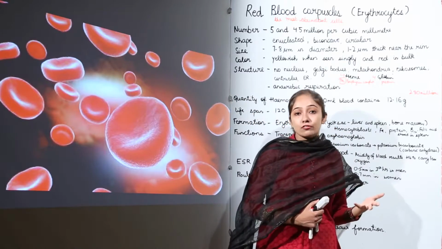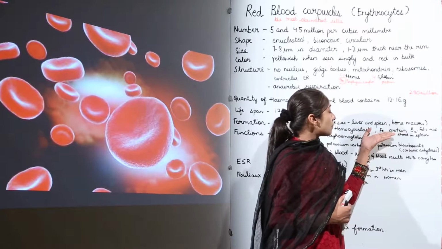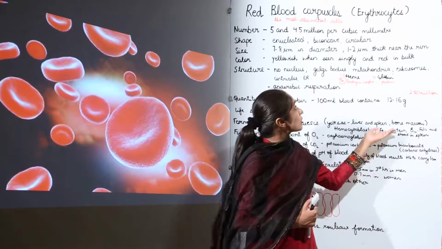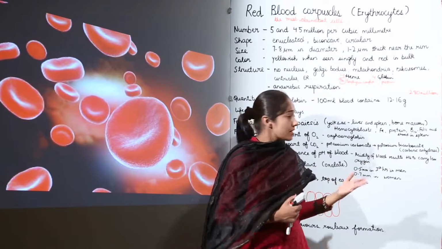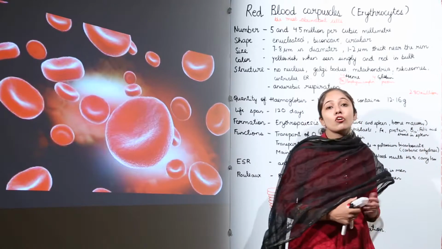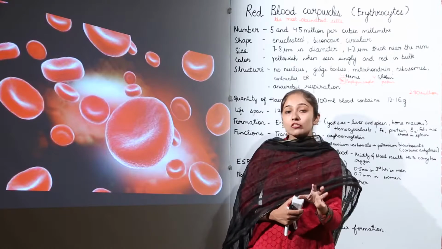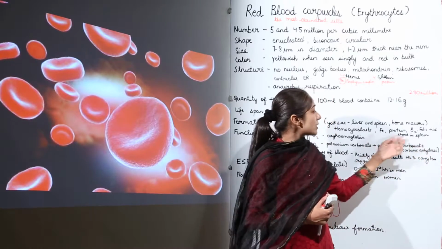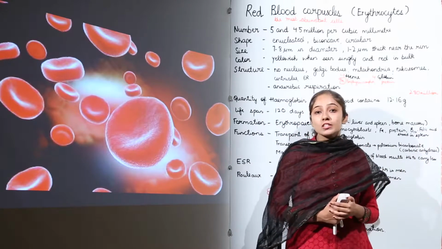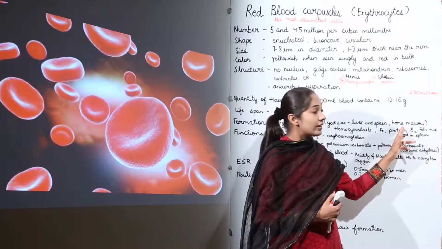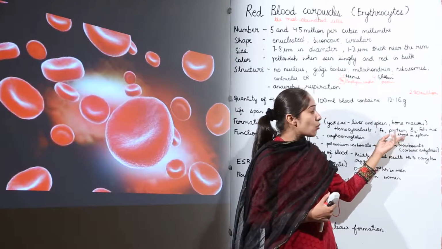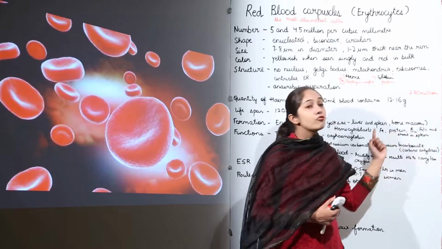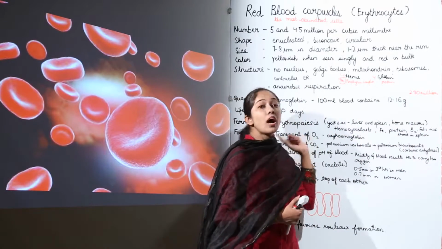Now, what is required for their formation? Iron and protein are the main important factors required for the formation of RBCs or erythrocytes. With this, vitamin B12 and folic acid are needed for the maturation of RBCs. And excess of RBCs are stored in the spleen. They are formed by the bone marrow after birth, and excess of them are stored in the spleen. We need iron, protein, vitamin B12 and folic acid for erythropoiesis to occur, right.